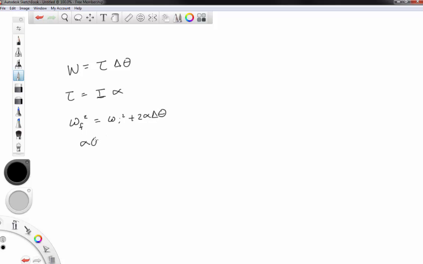So alpha times delta theta is going to have to be the difference in the squares of these angular speeds, divided by 2. So torque is I times alpha, work is torque times delta theta. These two combine to say that work is equal to I times alpha delta theta. Well, that is going to be equal to I times, by substituting this in, omega final squared minus omega initial